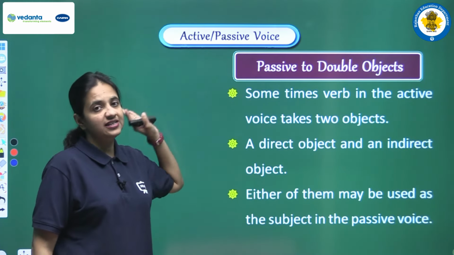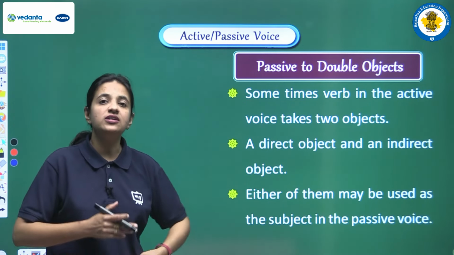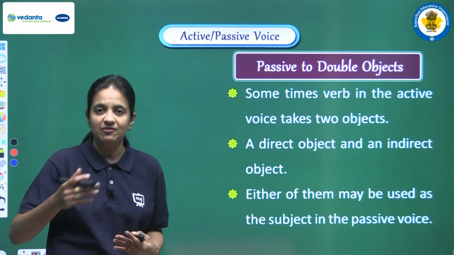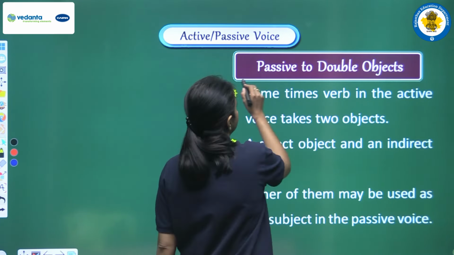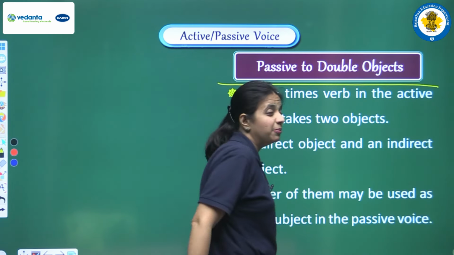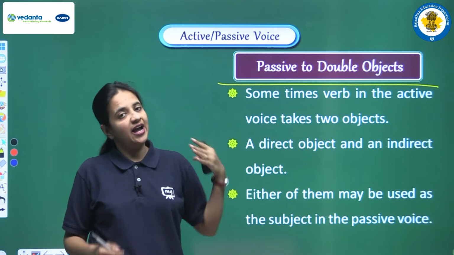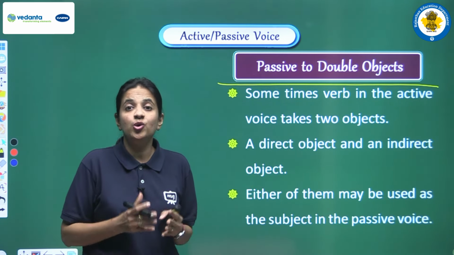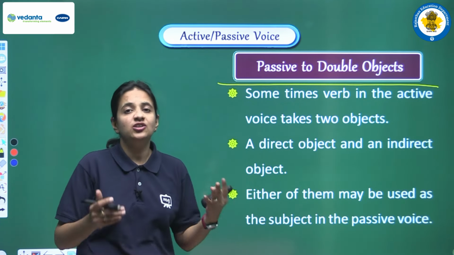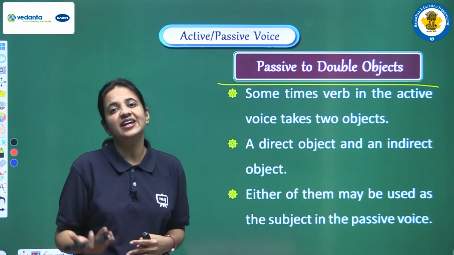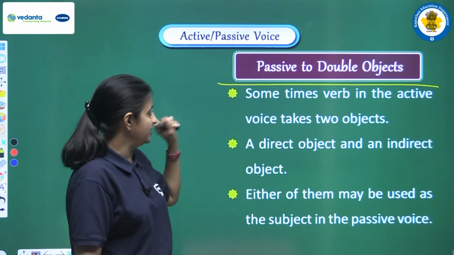So students, now let's see some other things that can be there in the sentence of active voice. And yes, we have to follow certain rules when we are converting those sentences into passive voice. So let's see what we are having here. Now the point is passive to double object. So first of all we have to understand what double object actually means, what kind of sentence is one where double objects are there, and if we recognize that this sentence is having double object, then how will we change and convert those sentences, all these are the things that we will discuss, that we will learn here. So let's read.